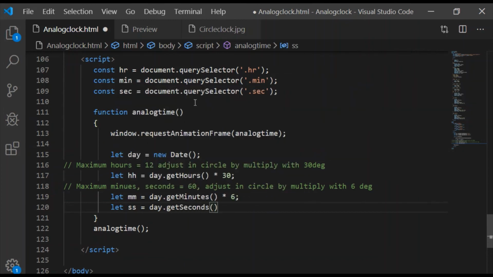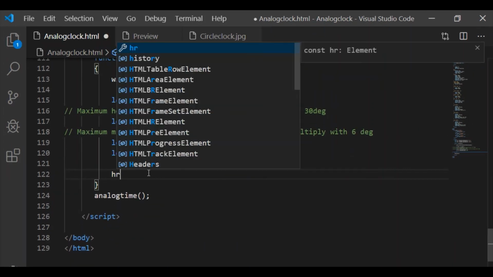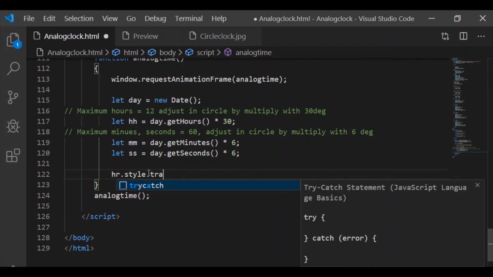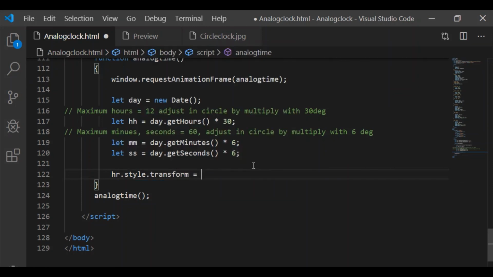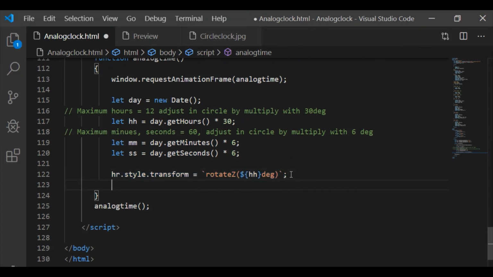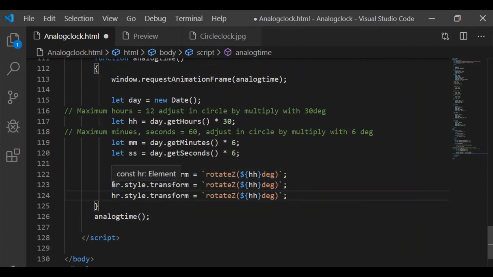The same thing is applied to seconds, as seconds can also take a maximum value of 60. It shall be multiplied by 6 to adjust as degrees in the analog clock, which is in circle shape. Now on getting hours, minutes and seconds converted into their corresponding degrees, we will take the CSS style transform property, and we will call rotateZ for hours, minutes and seconds in terms of degrees.